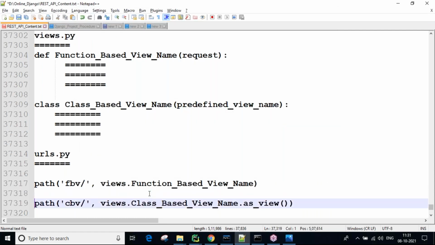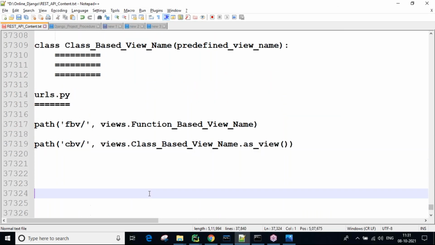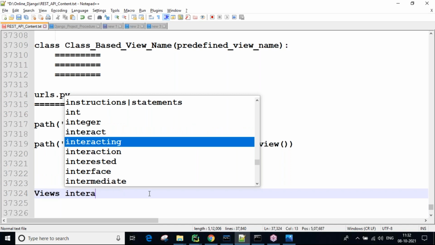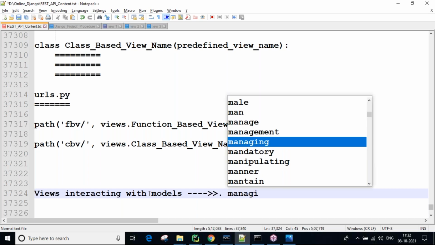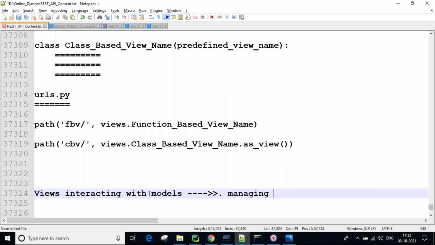So the points you can write finally: views interact with models, for managing database tables.